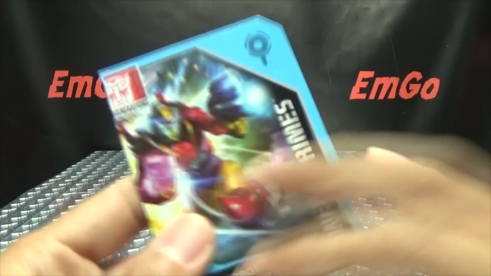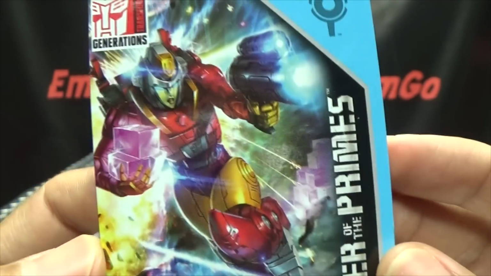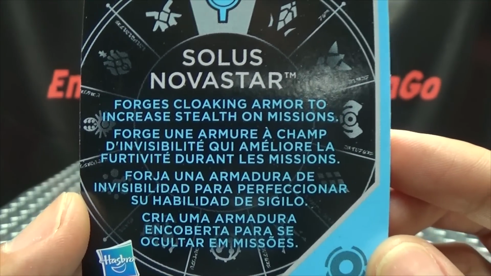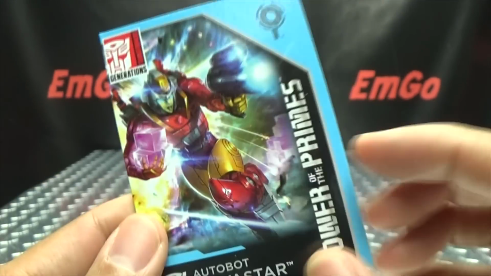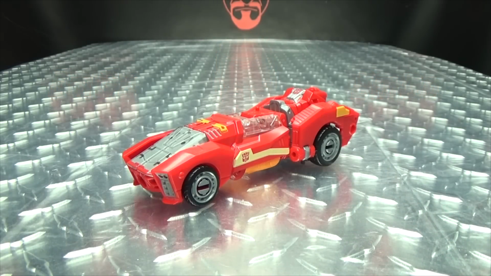Also included is the collector's card with that same piece of artwork of Novastar. And on the back, she is Soulless Novastar. Forges cloaking armor to increase stealth on missions. That would come in very handy. Hooray for cards. Then moving right along, here we have Novastar, and she is a recolor, slight remold of